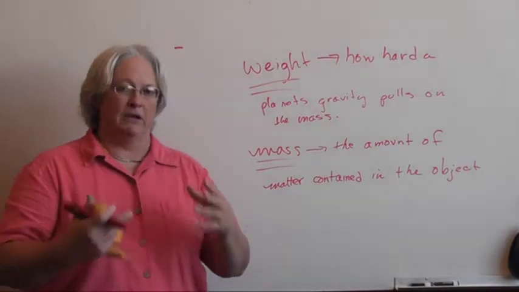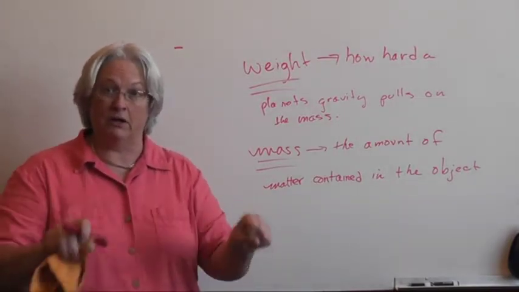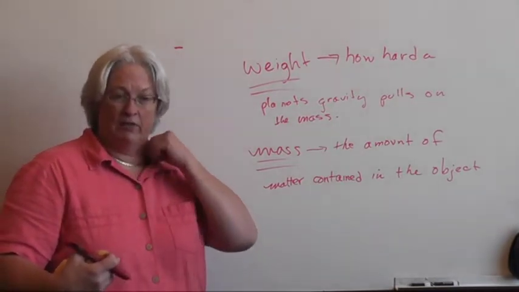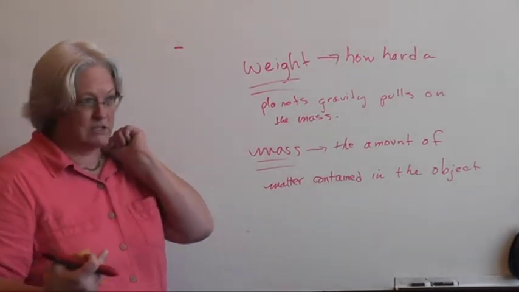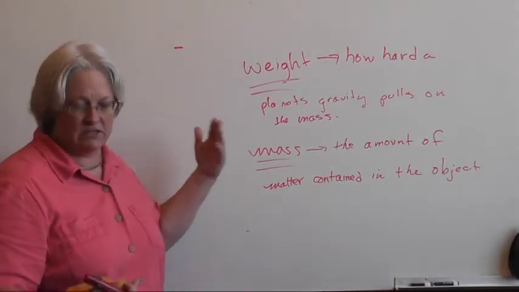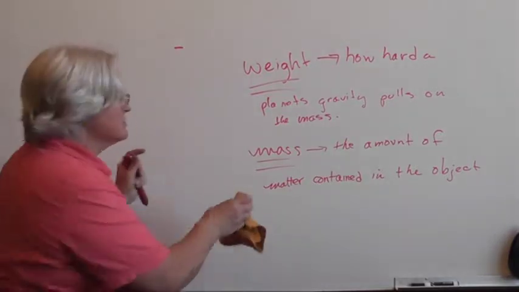And that means that when we are doing measurements, weighing things in the study of science, we're not going to use the types of kitchen scales that we have that are ounces and pounds. We're going to use a mass scale, which has it in grams. Okay, you guys okay with these definitions?